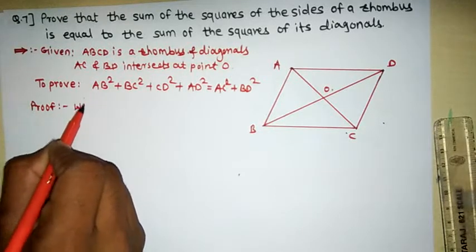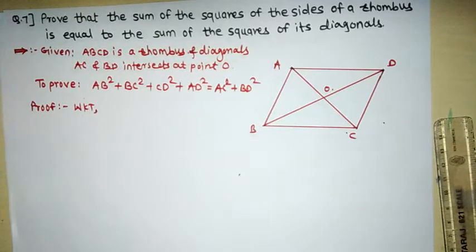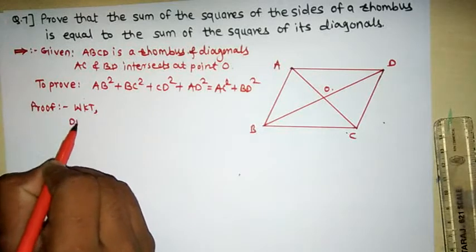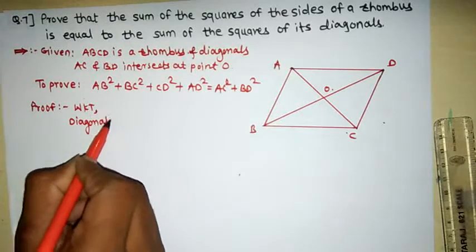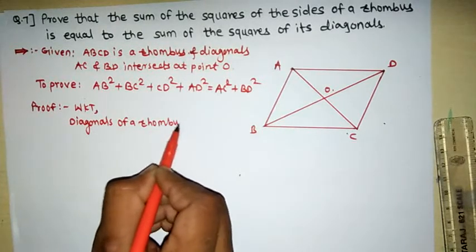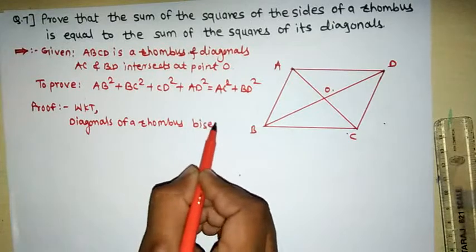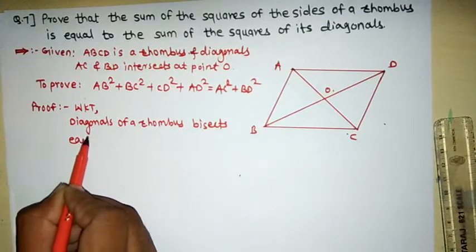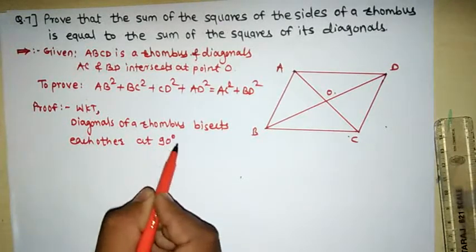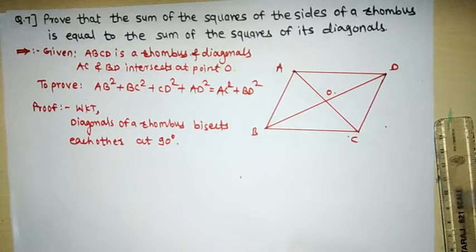We know that the diagonals of a rhombus bisect each other at 90 degrees. I will write here: we know that diagonals of a rhombus bisect each other at 90 degrees. We know this property. Therefore